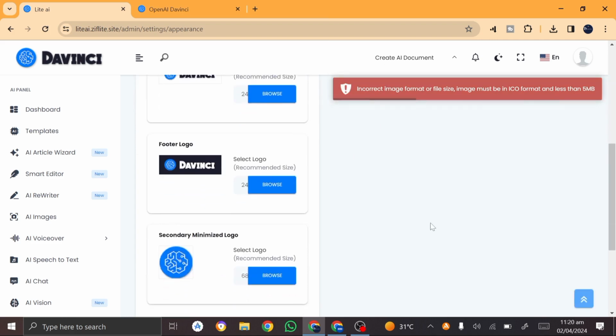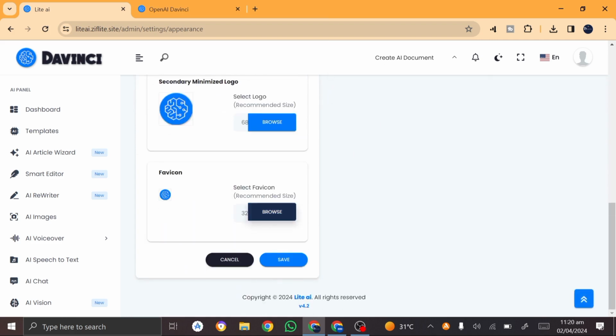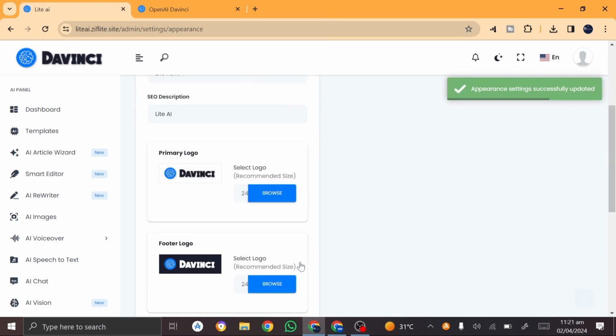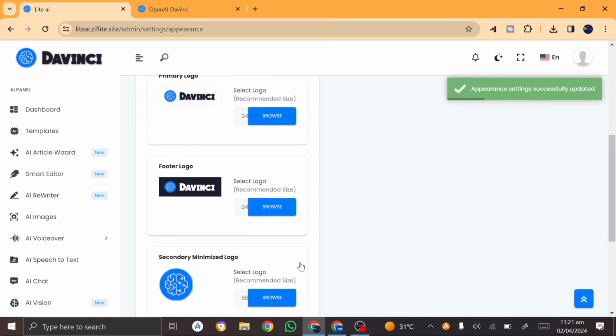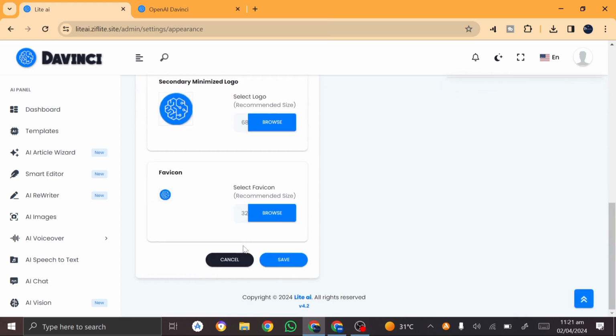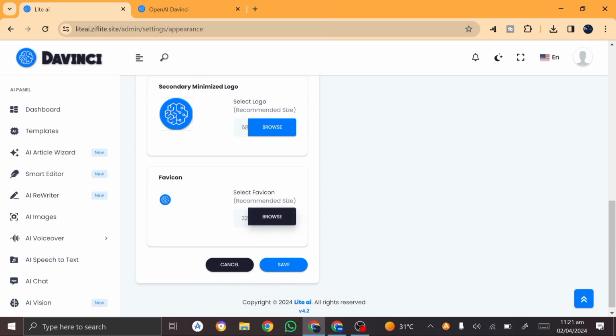Okay. Now there's a particular logo here, I think one of these, that has an incorrect image format. So make sure you use those logos. All right. So remember what I said. This is what we call this logo here. The format is ICO. So after you've created your logo, what you want to do is you want to come